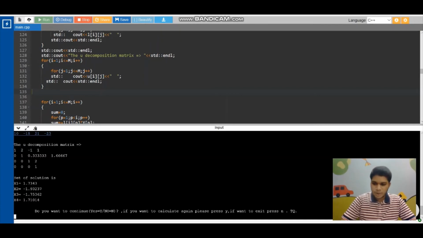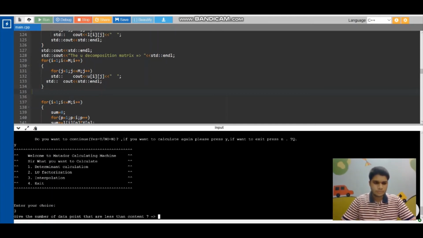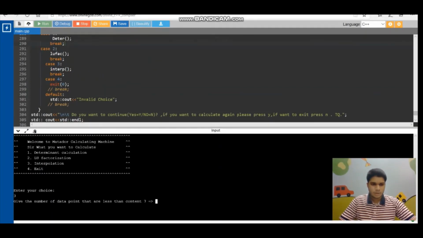So we press Y because we want to continue, and enter choice number 3. Enter the number of data points, which must be less than 7, so we enter 5. For data point 1, we enter x is 1,